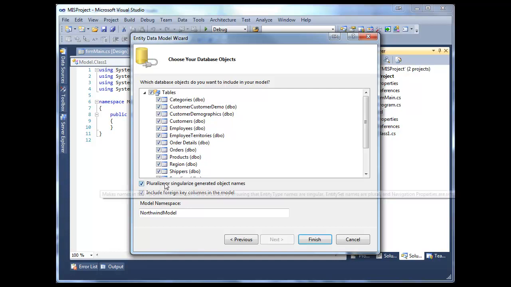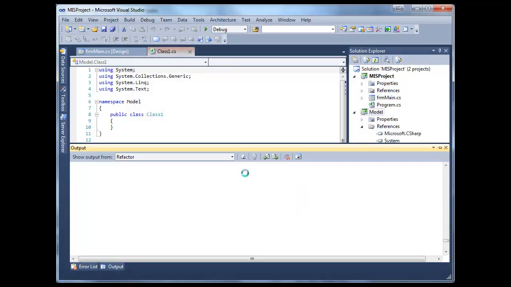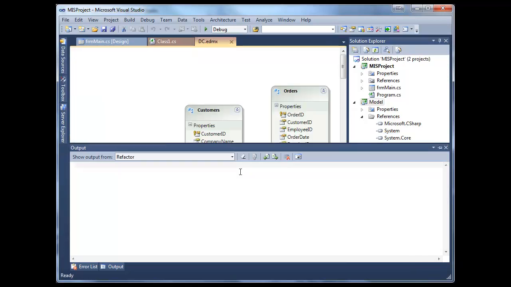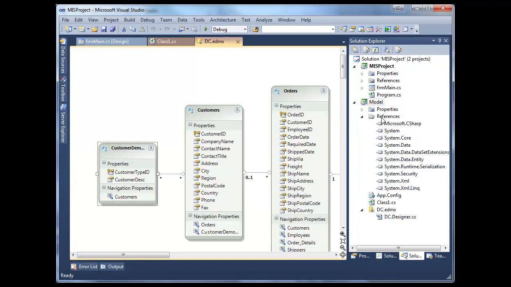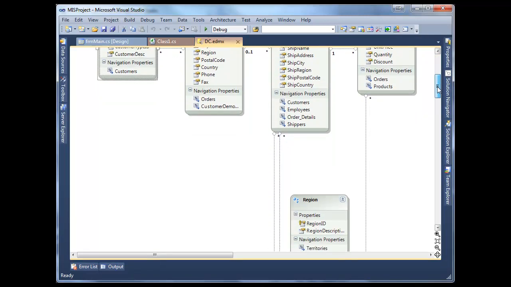keep to my tables, and I will, to be honest, uncheck this one, pluralize or singularize generated object names. Okay, keep this the same, and I'm gonna hit finish. Now it's refactoring, trying to do all the generation stuff. Now there you go. Now if I collapse this, looking at this diagram, as you can see here, this is